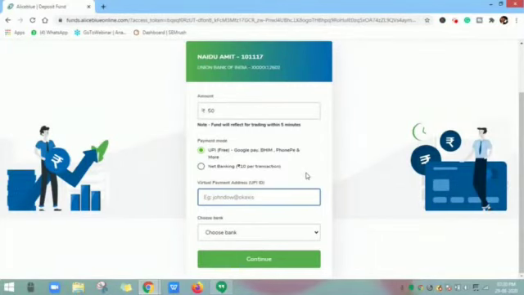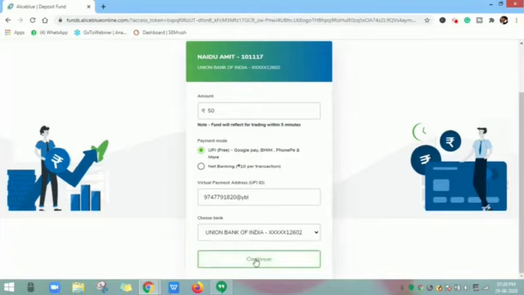Once you get UPI ID from your PhonePe, you can enter your UPI ID here. And select your bank. Now click on Continue.